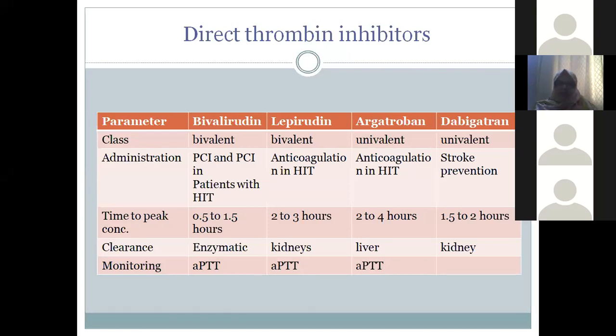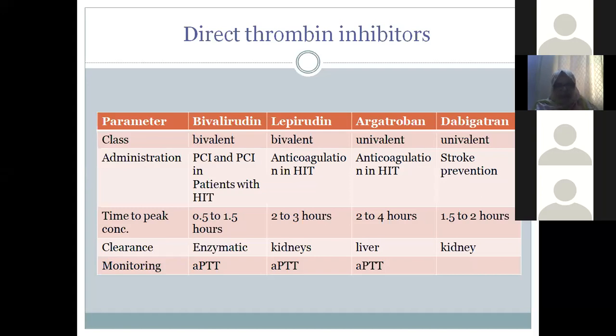Then administration: PCI, that is percutaneous coronary intervention in patients. In patients with HIT, heparin-induced thrombocytopenia, lepirudin is used as an anticoagulant. Argatroban is also used for heparin-induced thrombocytopenia, and dabigatran is used for stroke prevention due to